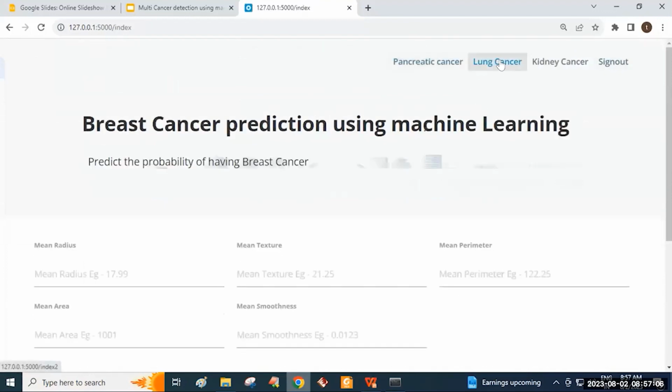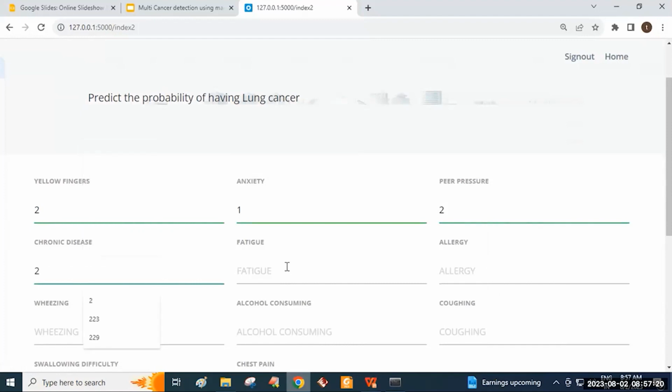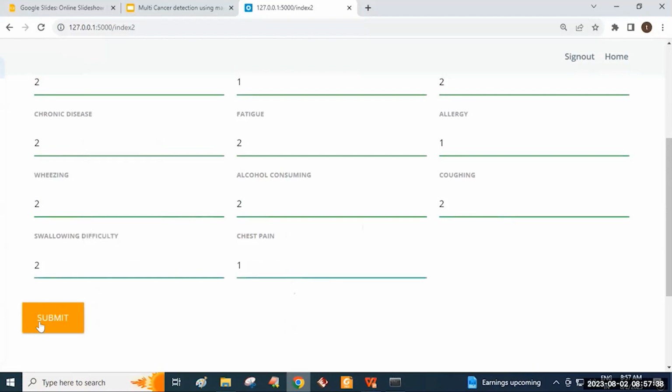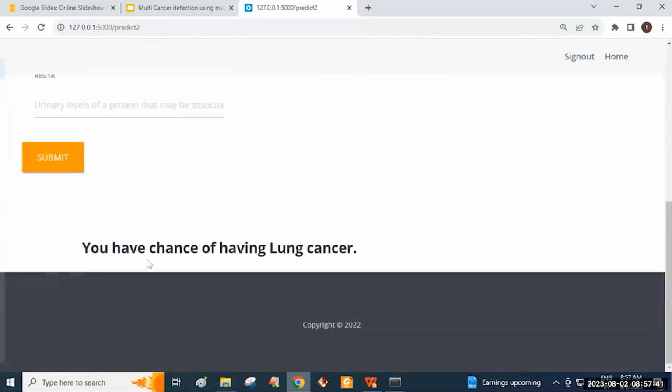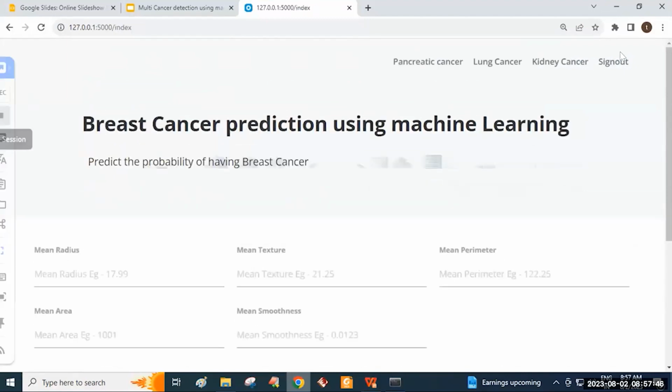Here we need to enter the other details. Click on the home button and redirect to this lung cancer page. I'm entering the details: yellow fingers 2, anxiety 1, peer pressure 2, chronic disease 2, fatigue 2, allergy 1, wheezing 2, alcohol consuming 2, coughing 2, swallowing difficulty 2, and chest pain 1. And then click on the submit button. Here it predicted you are having lung cancer, and we also have another type of cancer,